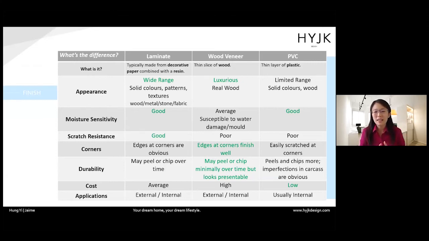Laminate may chip or peel over time. Wood veneer as well, but usually it's more acceptable and more presentable, and it doesn't chip and peel such large pieces usually. PVC is very easy to peel and chip. And the cost for laminate will be average, for wood veneer pretty high, and for PVC, very low cost.